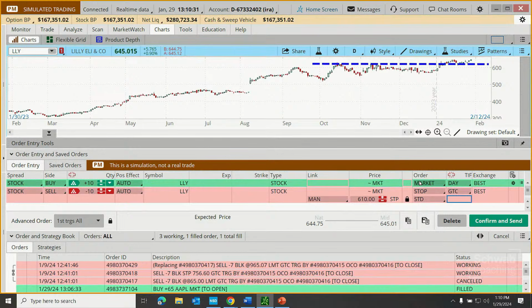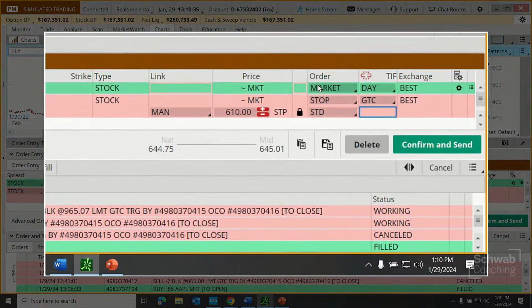So what this is, is an order to buy the shares as quickly as we can right away. Recognize we might have to pay whatever the price is. If the price falls down to 610, that will trigger a sell order to go into effect. It'll send off a market sell order. So it might sell at 610, but it's not a guarantee that it'll sell at 610. It might be at a different price, but 610 will be that trigger price. And that's good till canceled.